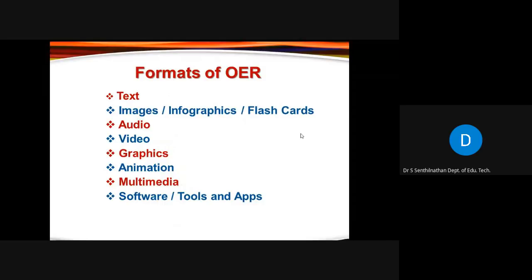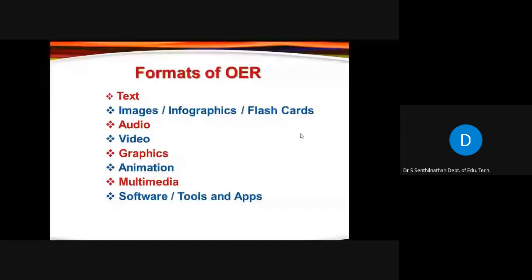And contents are made available as audios, audio lectures, audio books. And there are plenty of video books, educational videos, video contents, graphics, animation, and all these things put together as multimedia content.